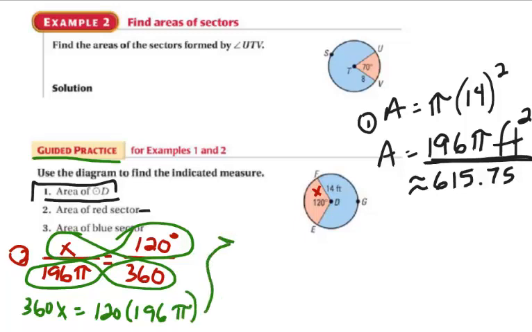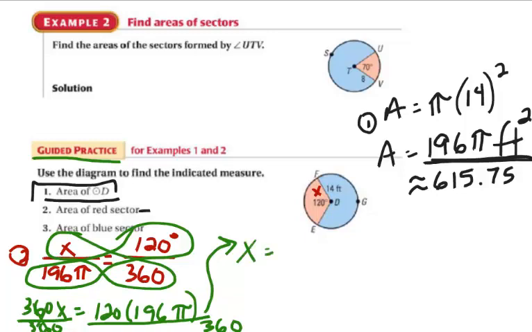And I'm going to have to move up here a little bit. And now I'm going to go ahead and divide both sides by 360. See if I can get that moved in here. Divide both sides by 360. So that way we're going to get my x